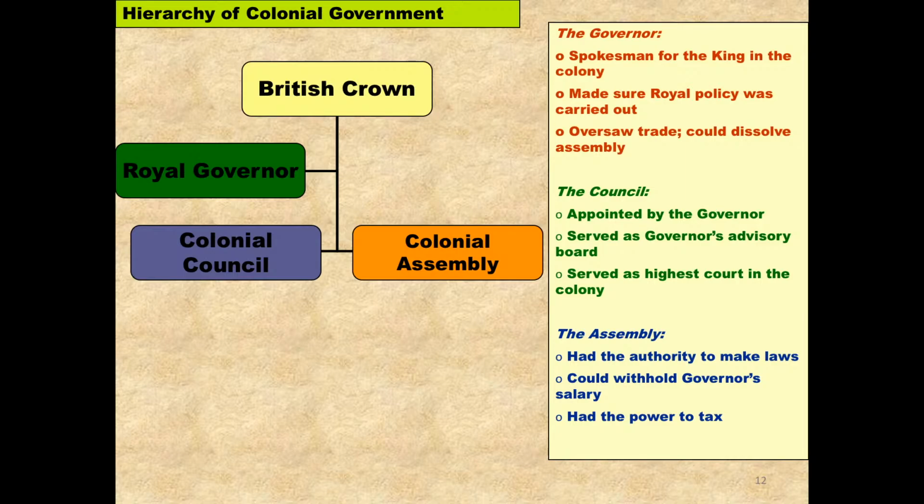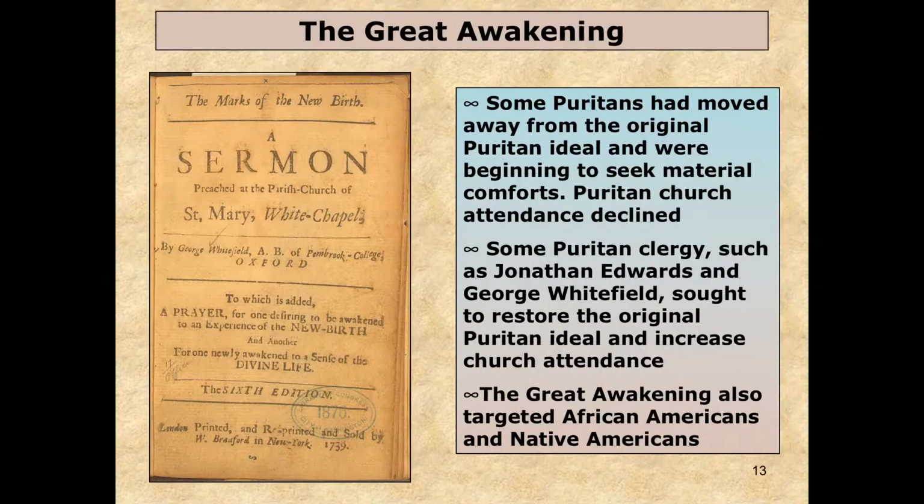So, we're going to start to see the weirdest challenge of authority in the most unlikely place. And it's going to be with religion, with the Great Awakening. So, remember, Puritan membership was on the decline, right? They'd already done the Halfway Covenant, tried to boost membership for the Puritan church. They were trying to, this time around, have this kind of new school way of doing Puritanism. So they're not the Puritans of old that we talked about with the foundings in New England and Massachusetts Bay. These guys are a little different.